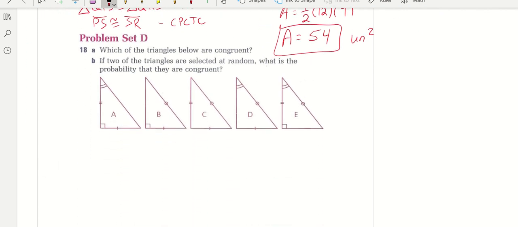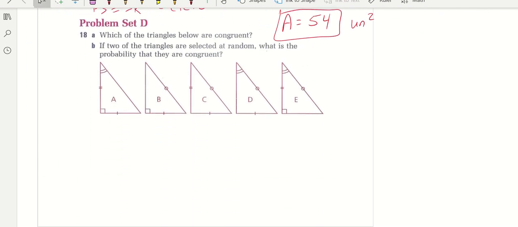On to 19. Which of the triangles below are congruent? Part B, if two of the triangles are selected at random, what is the probability that they are congruent? Okay, let's take a look at A. A, we have 1 tick mark for a leg, 2 tick marks for a leg, we have a 90-degree angle, we have a 2 arc angle, that's A. Jump down here to E. I notice I've got the 2 tick mark side for the leg, the right angle, and then the